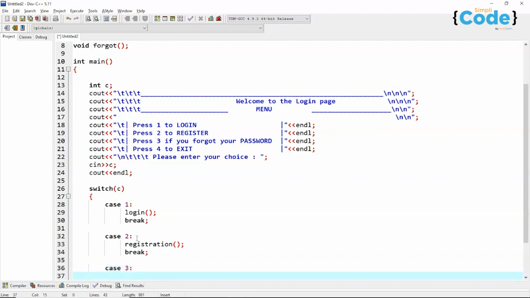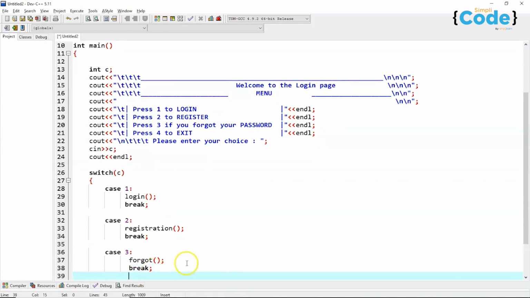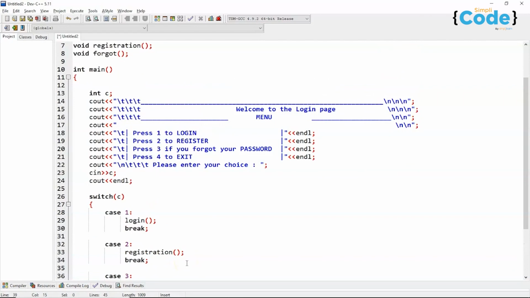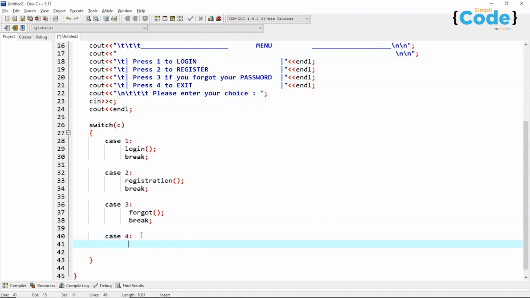In case 3 there is the forgot function. That is, if the user forgets the password, then this function will be implemented. Now there is a default case. No, now there is a case 4. In case 4 there would be a message saying thank you, because case 4 would be exit. So we'll display a message saying that